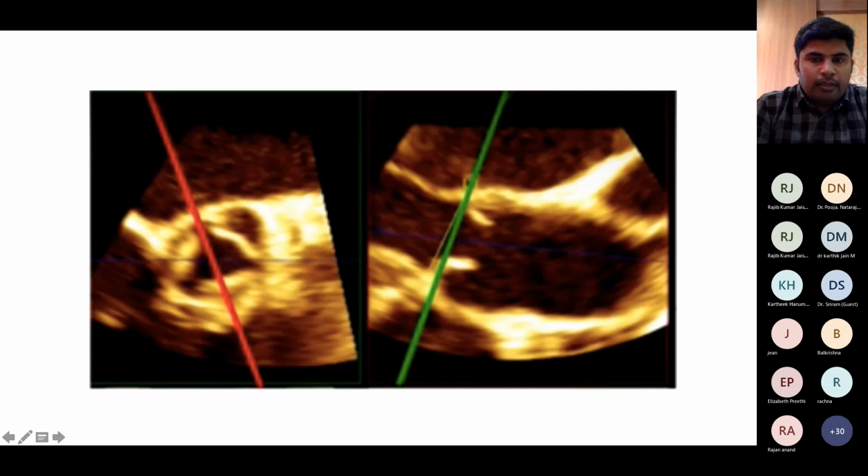So another important thing we should keep in mind while measuring the annulus is that the aortic annulus is not a circular structure. There is a minor axis and a major axis. The minor axis is measured between the hinge point of the right coronary cusp to the intertrigone between the non-coronary cusp and the left coronary cusp. The major axis is measured from the midpoint of the right coronary cusp to the midpoint of the non-coronary cusp.